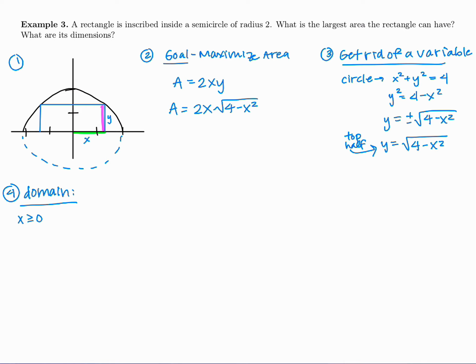X is going to be positive. We also want y to be positive, not negative. We don't want to go down here. So if y is positive, that means the square root of 4 minus x squared is positive or 0, which means 4 minus x squared is greater than or equal to 0, which means x squared is less than or equal to 4,